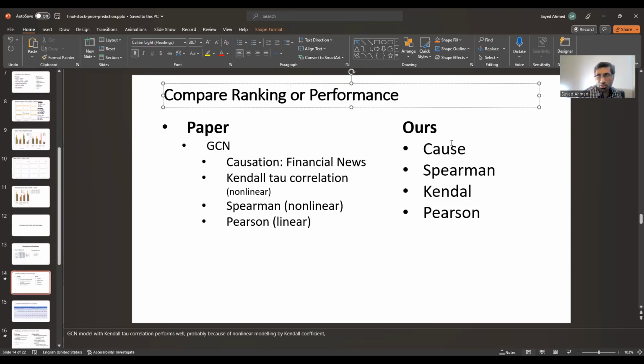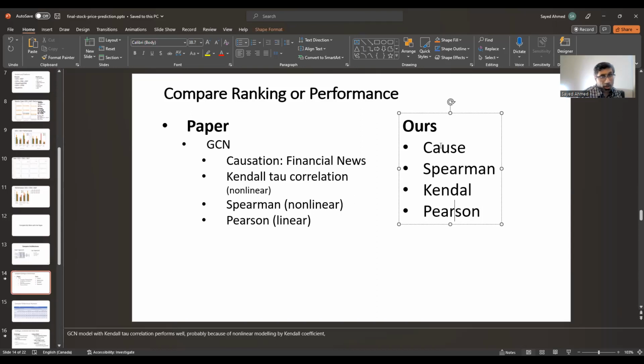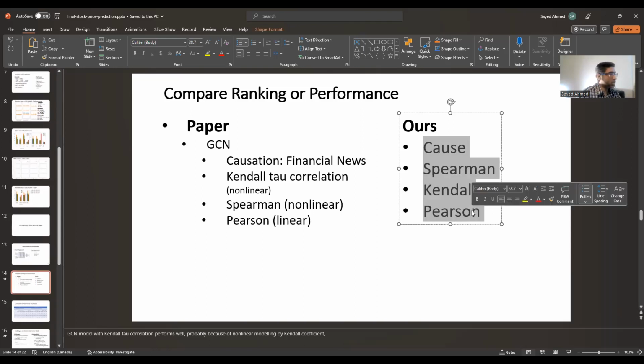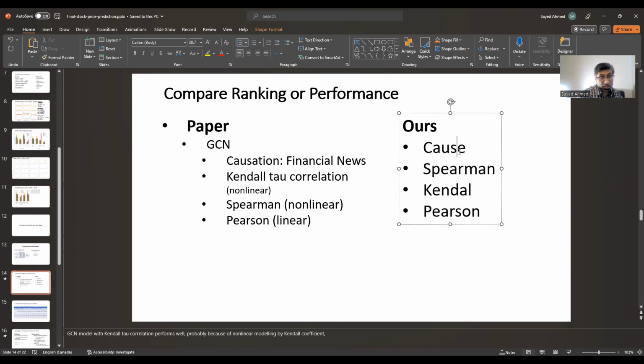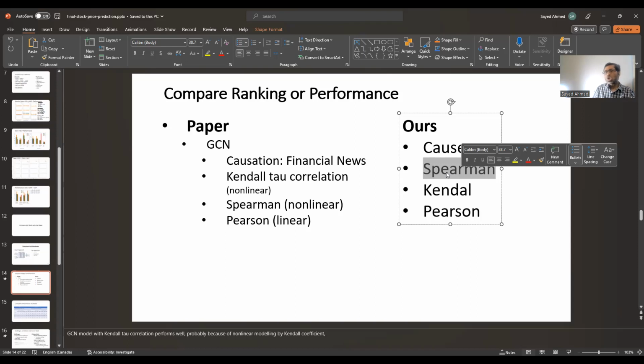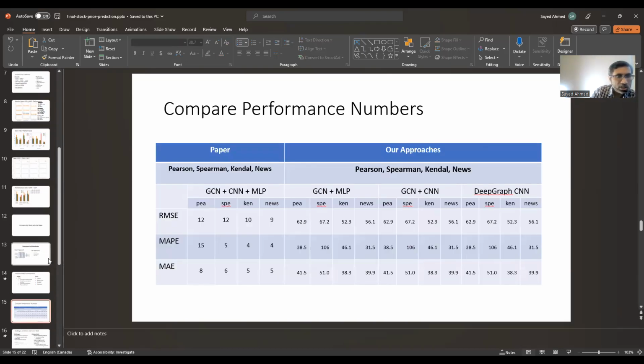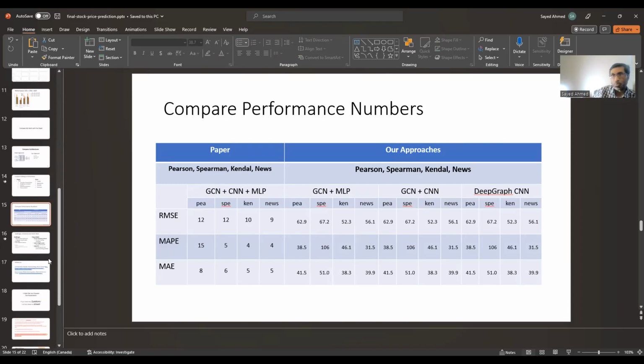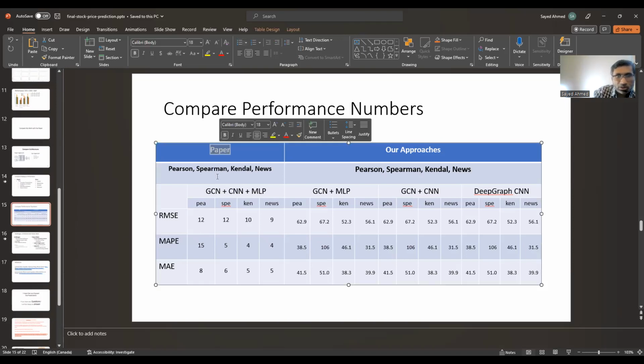Okay, ranking of performance. This is a rough one. I think when I was changing this slide yesterday, it seems what it is now. I think different experiments might have given different ideas, different grading results. So I probably will need to see which one does better in most of the cases, right? So I will rank it in that order. But as the paper has this order, I thought I can just compare the specific numbers using this paper in my approaches. So paper, GCN, CNN.